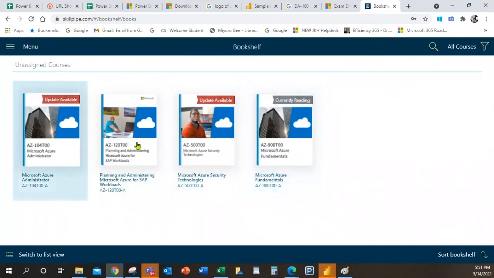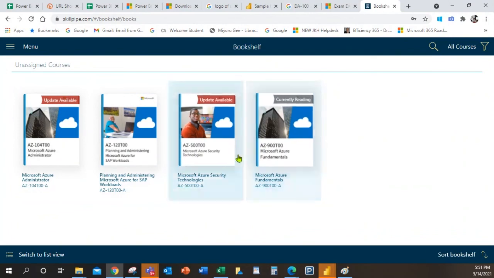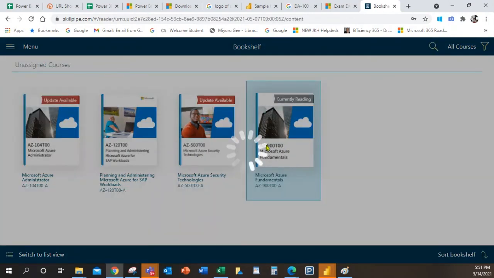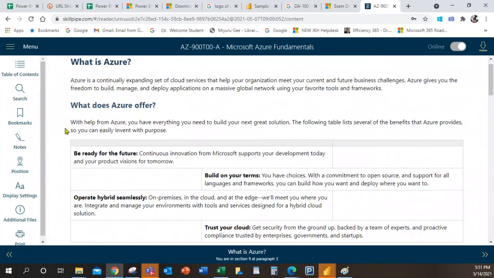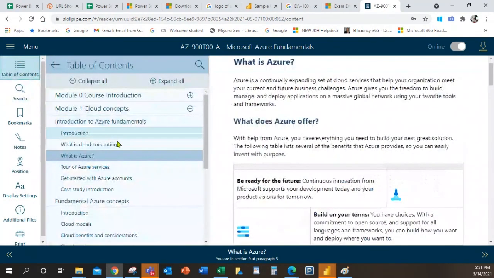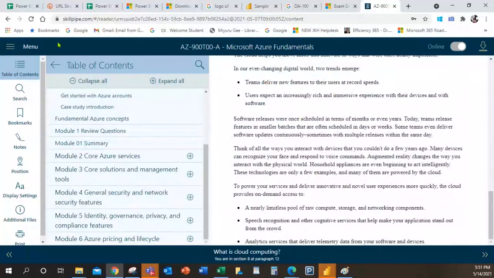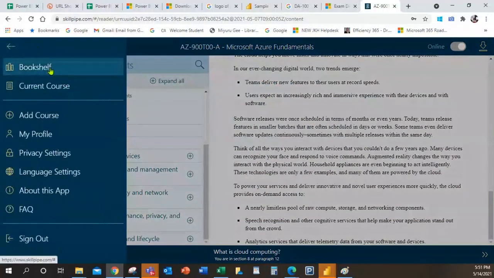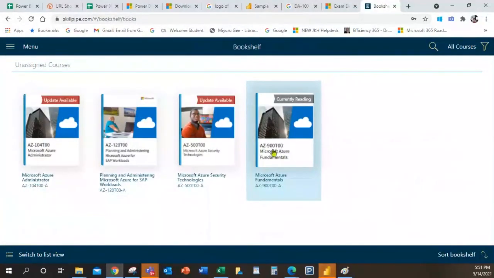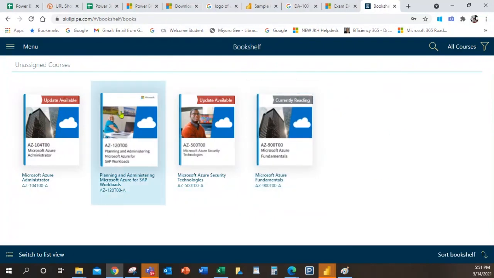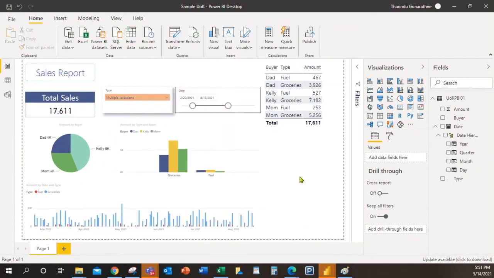Okay, now these are for Azure courses. So likewise, now let me show some sample. In this sample, it's kind of a book, so you can read those stuff. It has video materials. So likewise, I can assign this kind of a course. This is for Azure fundamentals, but likewise for DA100 also there will be a book kind of a course like this. So I can assign this course for you for free. Okay, it's an opportunity to learn more.